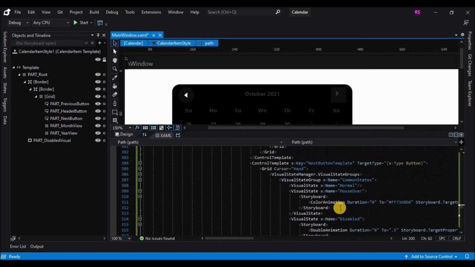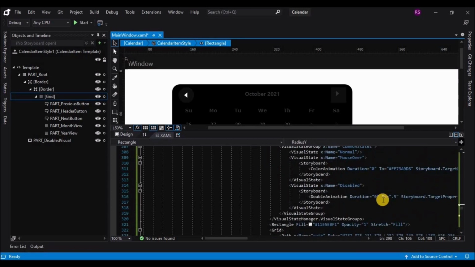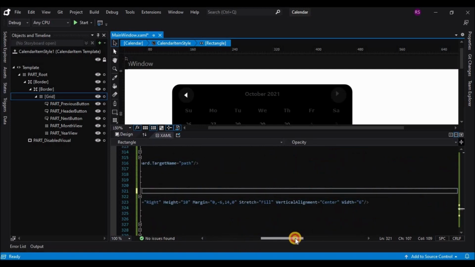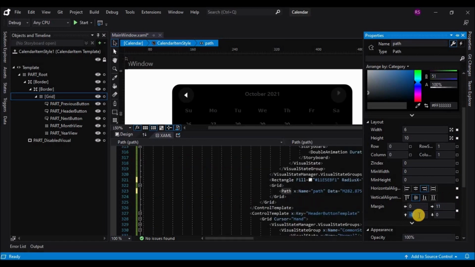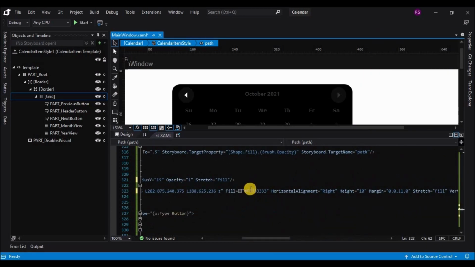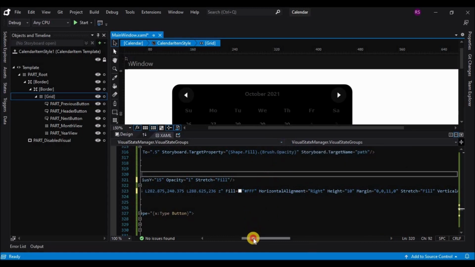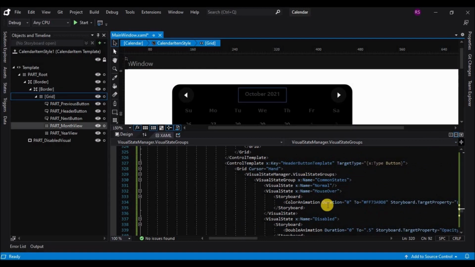So we have to do the same thing to the next button, and also we'll copy the radius for the next button as well. Once we are done copying, we'll have to change the margins for the next button path geometry, and also we'll have to change the fill of the path geometry. So after we do that, we see that the rectangle buttons have changed into a round button.